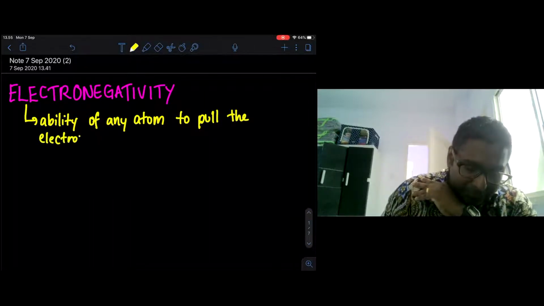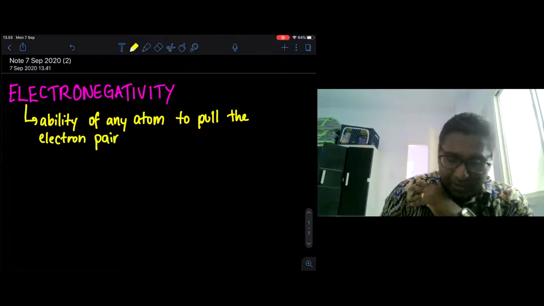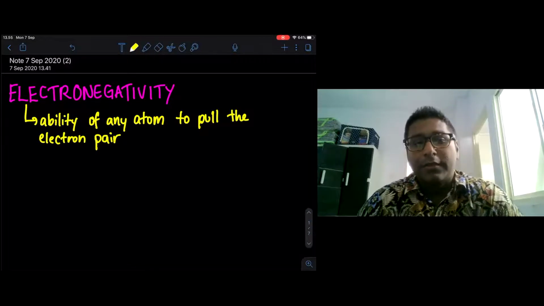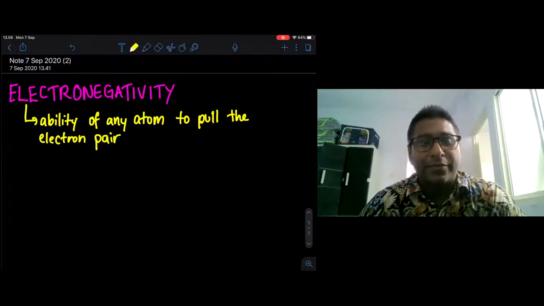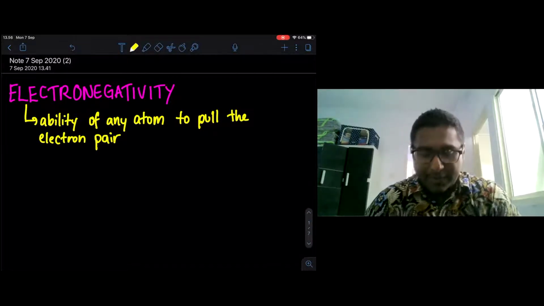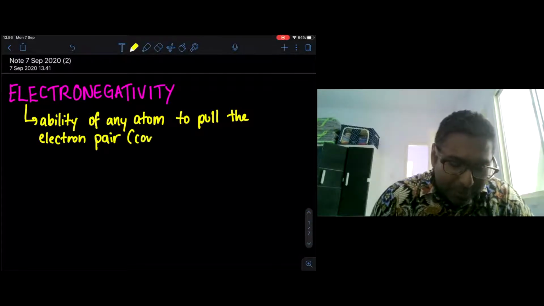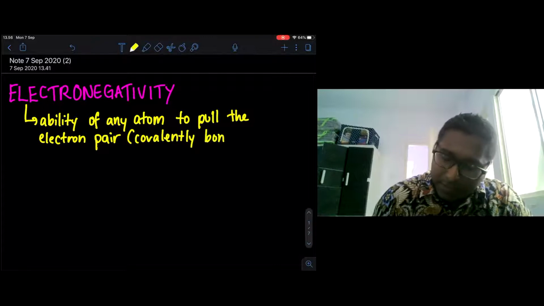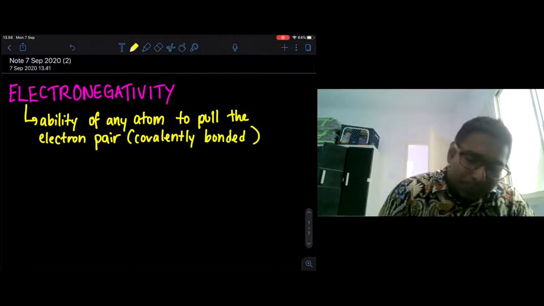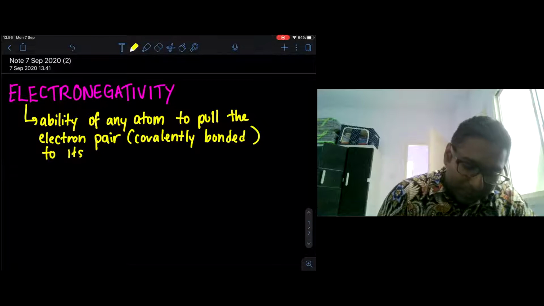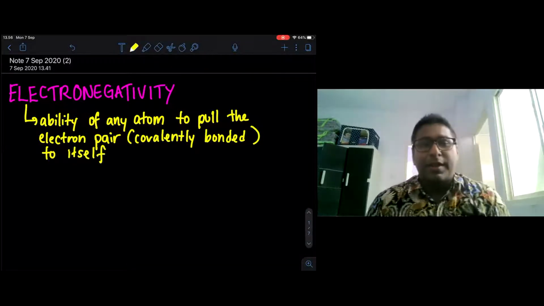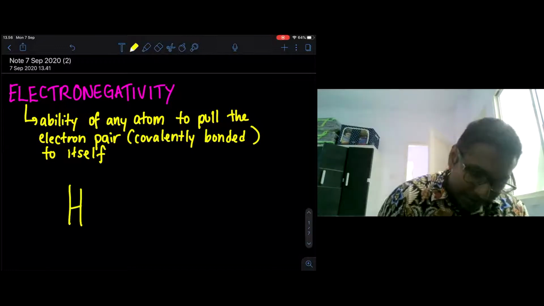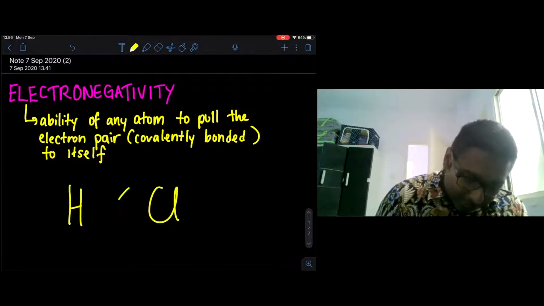And this electron pair is not actually any kind of electron pair. We cannot just simply pull any electron. So for electronegativity, the electron pair that they actually meant is the covalently bonded electron pair to itself. Now, if I put it in the sense of HCl,